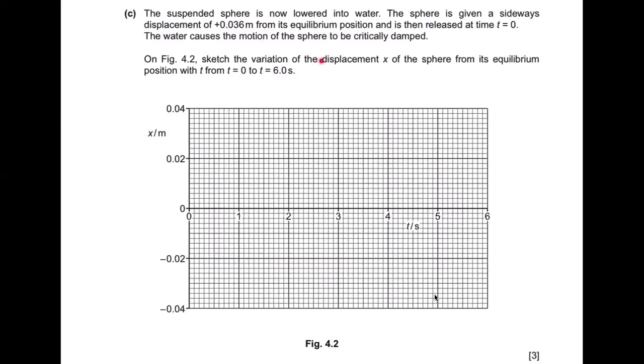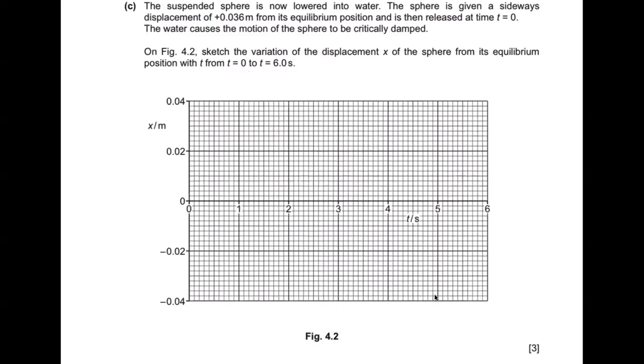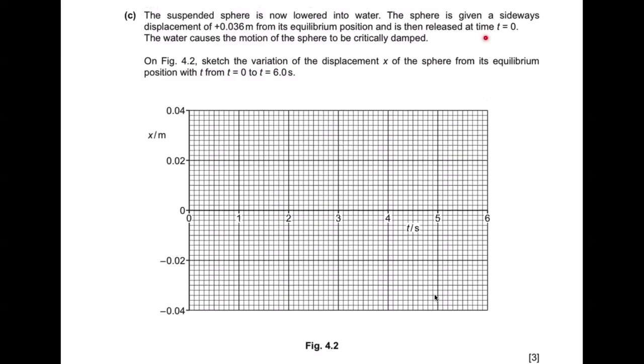On 4.2, sketch the variation of displacement of the sphere from its equilibrium position with t from 0 to 6. So initially it has a displacement of positive 0.036. So that must be here, right? And now this one basically goes to